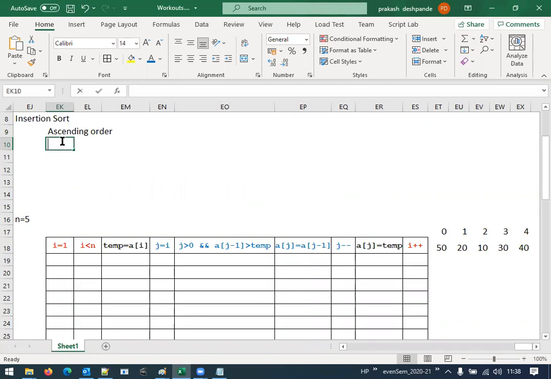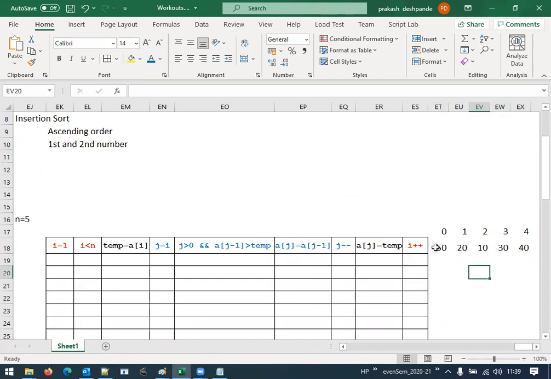First and second number means you can even call it the left hand side number or right hand side number. Consider these are the array elements which are unsorted. So we are going to place them in an ascending order.